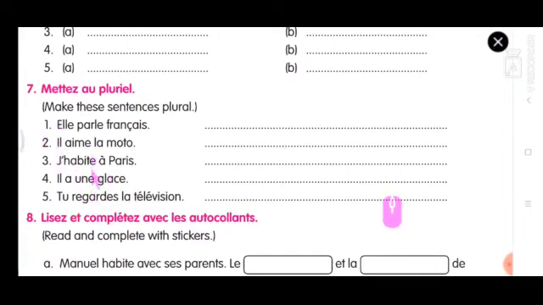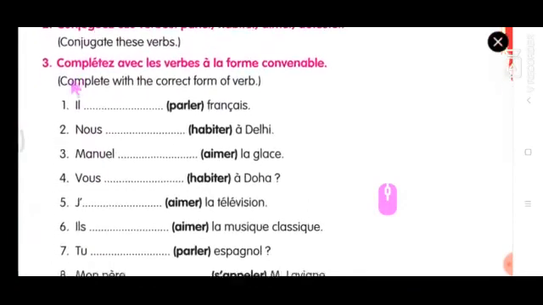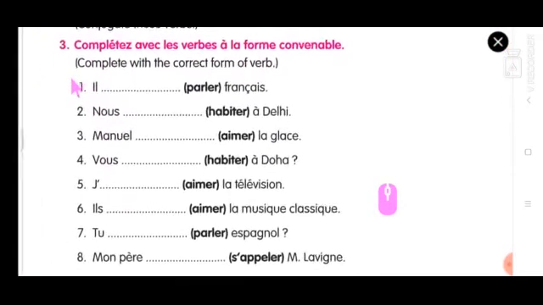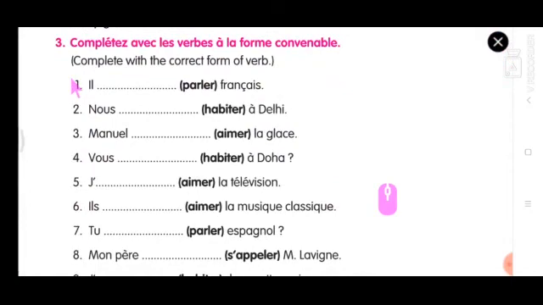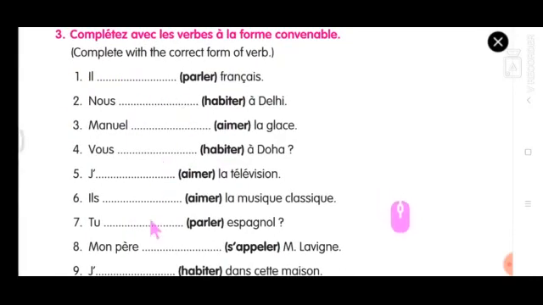This is habiter verb, and this is avoir verb, and this is regarder verb. So 3 sentences alone you will be trying. So this will be your homework, and your online test for today is exercise number 3. I think in old book it is exercise number 2, so don't get confused. The grammar exercise, conjugation exercise, which is like this, parler, habiter, aimer. So just don't go by exercise number. Please refer to the content of the exercise.